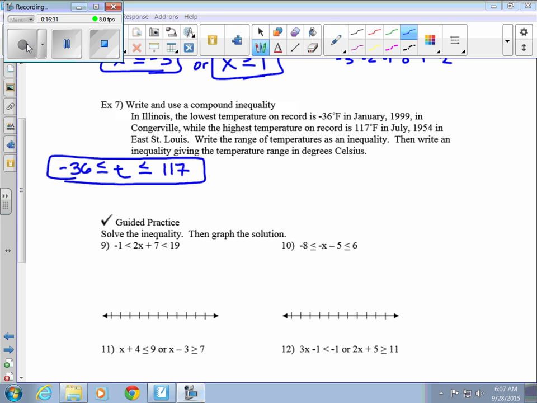So what we're going to do now is convert this into degrees Celsius because that's what they want. And so we need to find that conversion. So we're going to go negative 36 is less than or equal to it. And if we look it up, the conversion is going to be 9/5 C plus 32